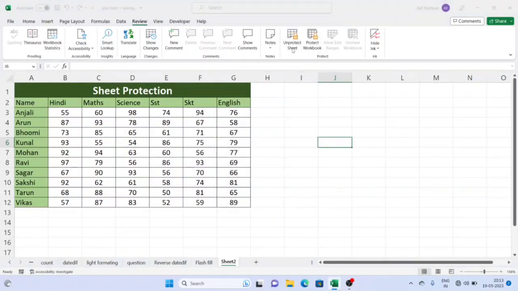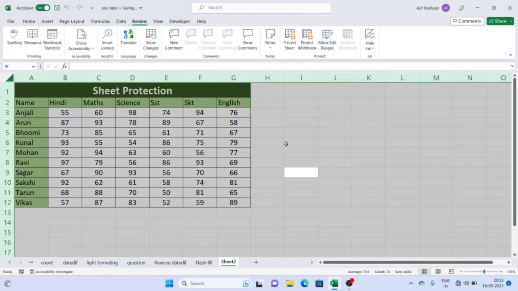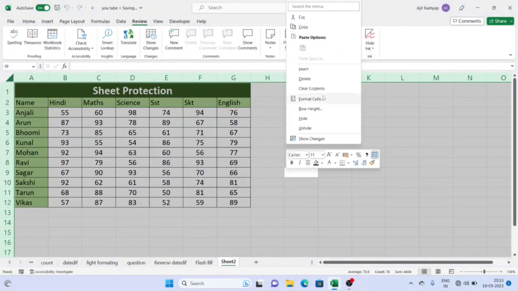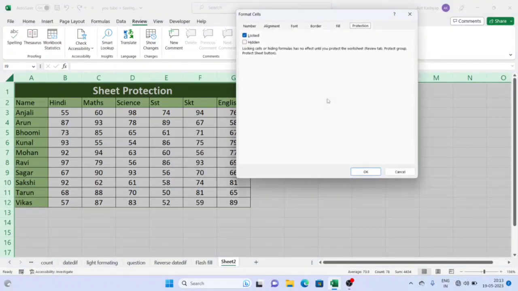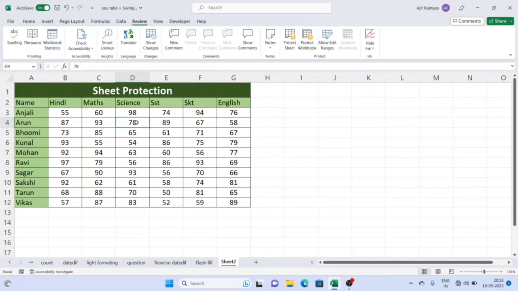First, unprotect this sheet. Now we want to protect only this area where our data is, but the remaining area we don't want to protect. How can we do this? Let's start. First select the whole sheet, then Format Cells, and then uncheck the Locked box, then OK, and select this area